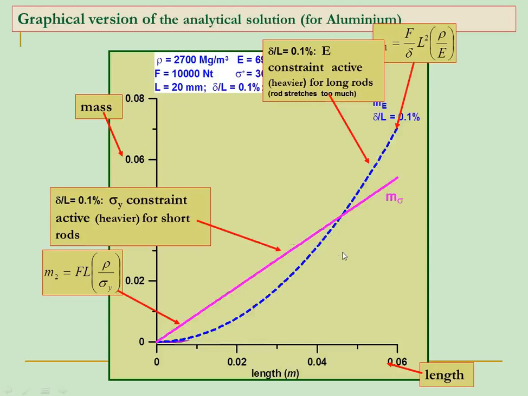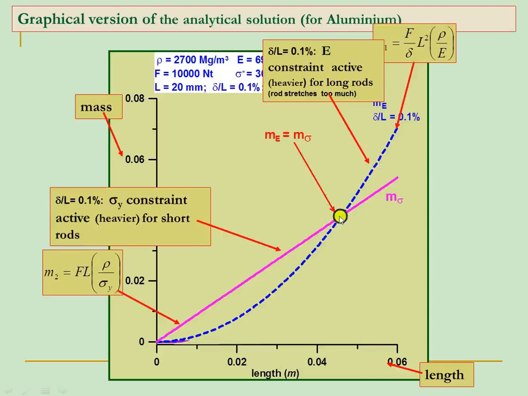So I hope it is clear that which of the two constraints is active depends upon the value of L as well as delta, that is delta upon L. For a delta upon L value of 0.1%, we have plotted it for different values of L, and what we observe is that for short length tie rods, the strength constraint is active, whereas when you change over and go to a long length tie rod, the stiffness constraint becomes active, and I have a value here somewhere.